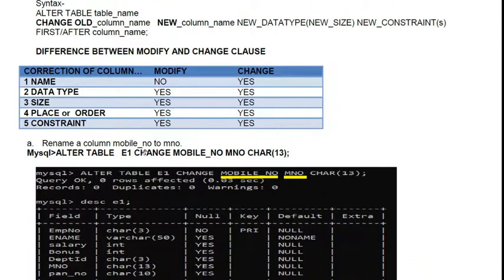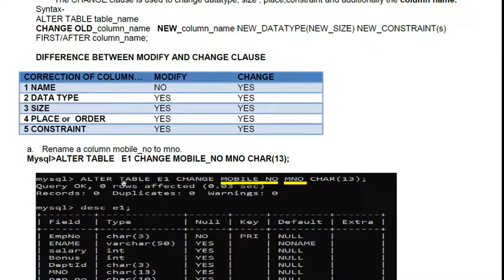Rename a column mobile_number to MNO. The query will be: alter table E1 change mobile_number MNO char 13.